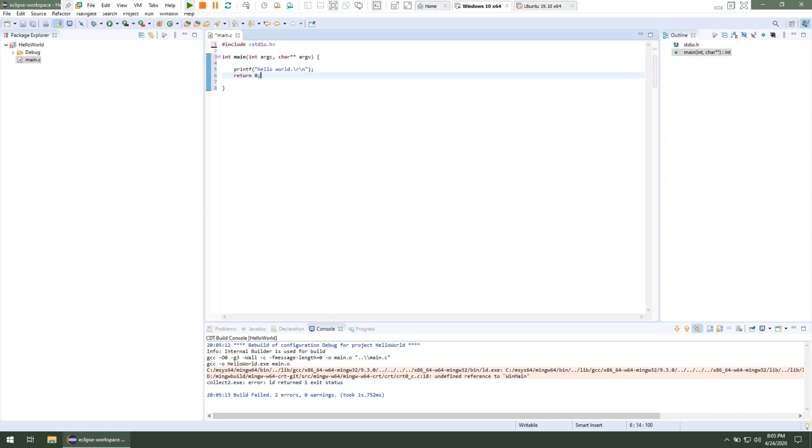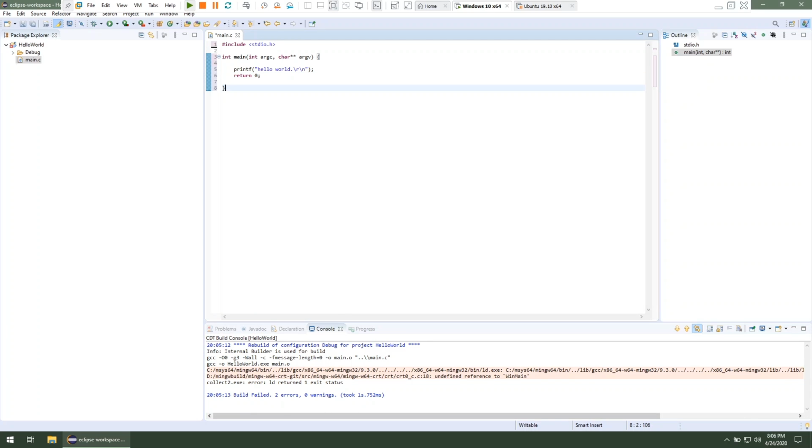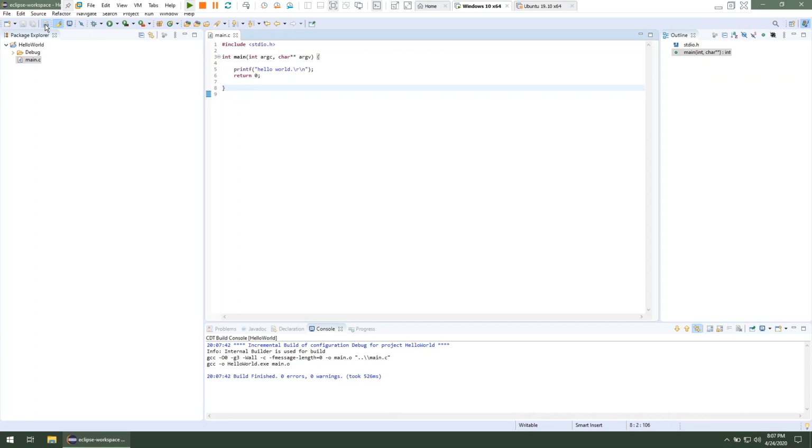And let's see, we have an error. What did I do wrong? Oh, okay. Oh, I bet, okay. So I think I know what happened. The code that I wrote was fine, but the reason we got the error is I didn't save the file. And I guess if you build, it doesn't automatically save open files. So that was the problem. Okay, so we now know that GCC and Eclipse are working fine,